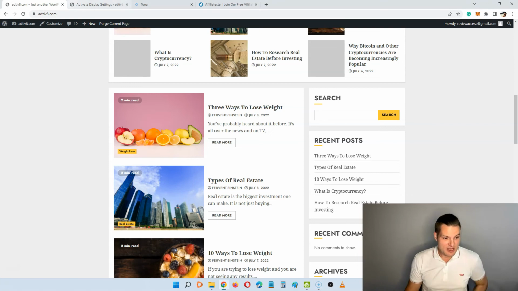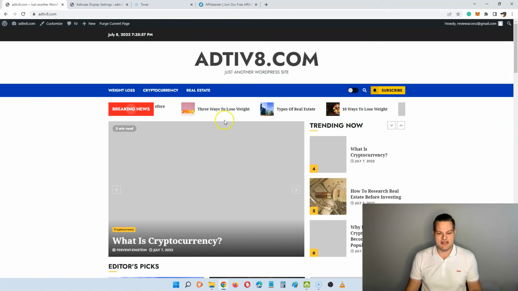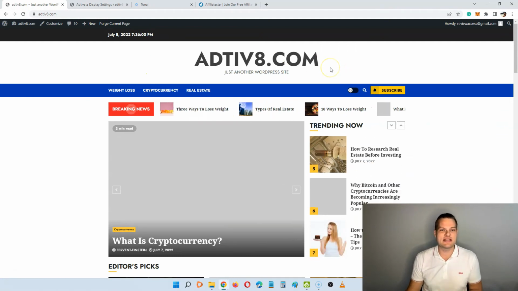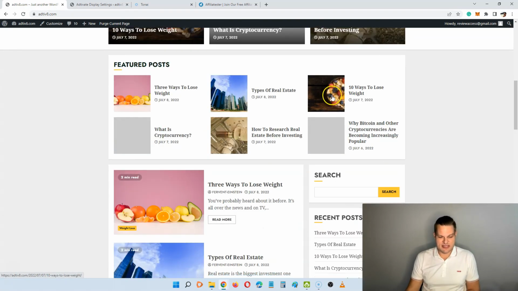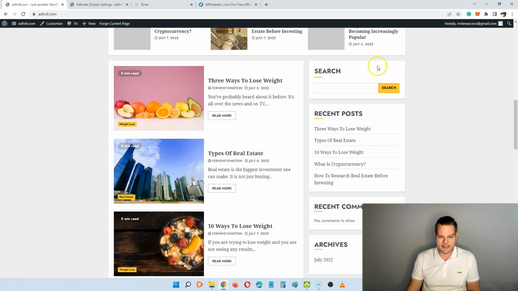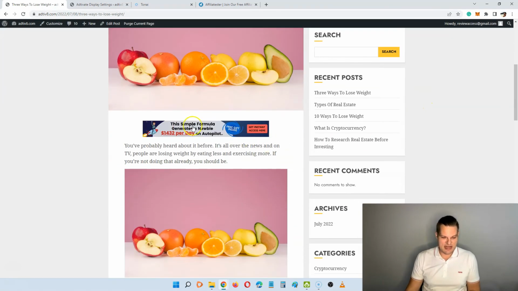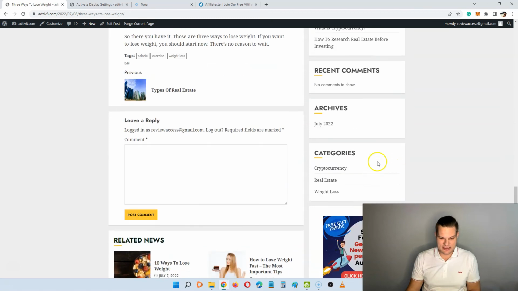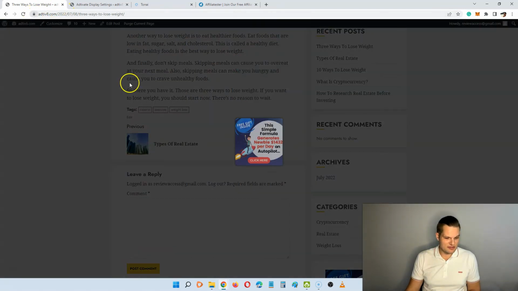And let's see here. Now we are inside of a WordPress website, and you can see we have a sample blog here. This is where I'm going to show you an example of how to use the Activate plugin to monetize your website. So here you see we have a standard blog. This is built with WordPress, and if you go into any of these blog posts, you can see that we have added some ads in here. First, you can see I have an ad here. This ad is automatically integrated after I set it up, and down here you can see I actually put one in the sidebar as well.